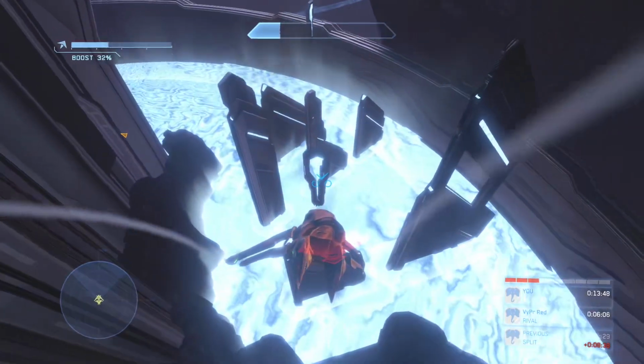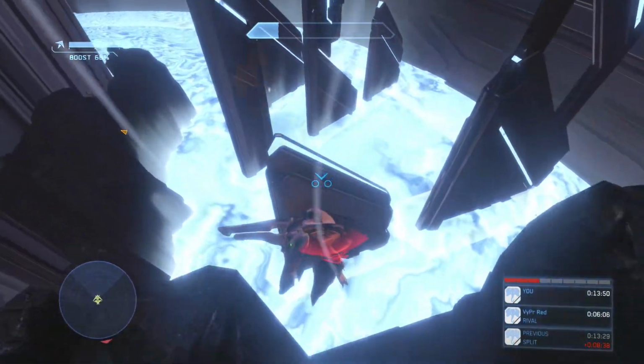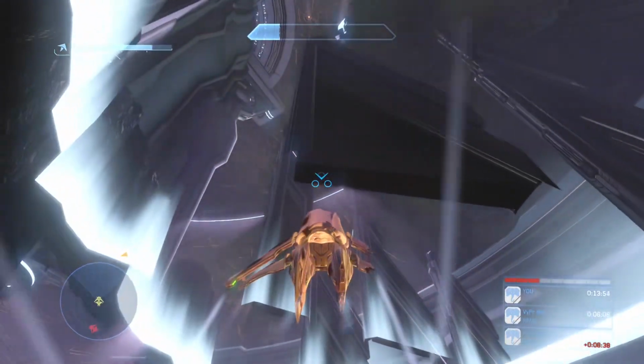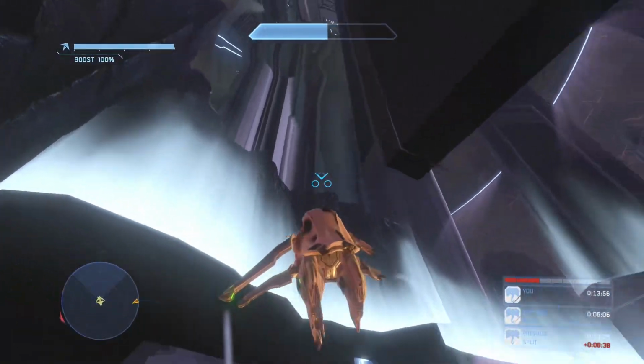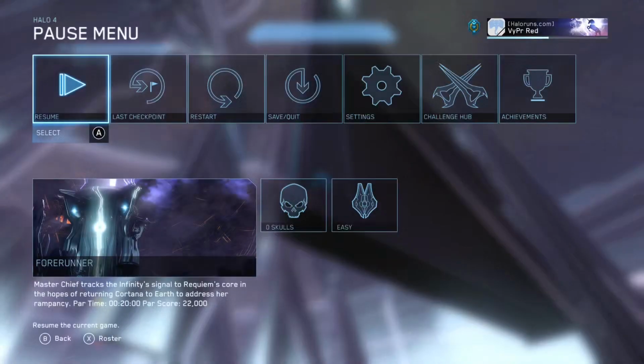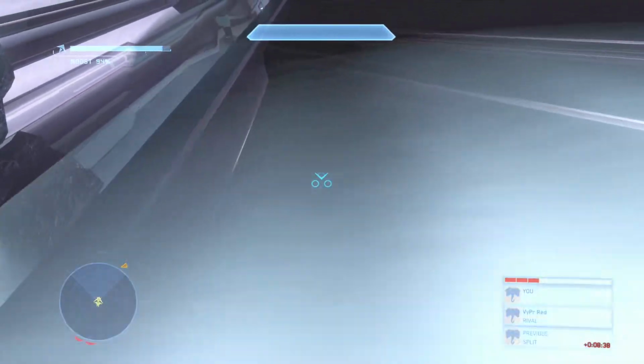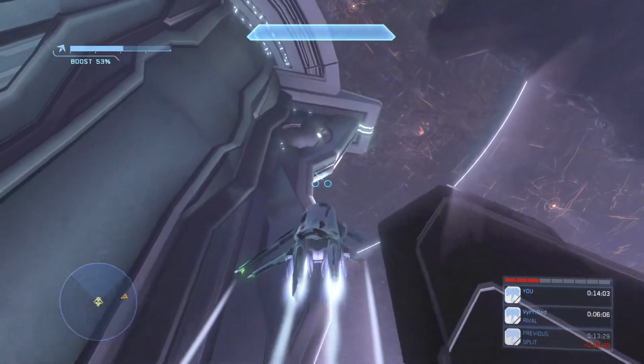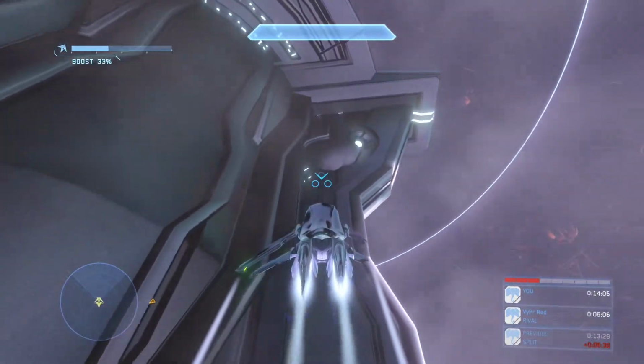Curve around, and now we want to kind of boost down until we're about to go under this blue floor, because as soon as we go under the blue floor, we're good to go up. So if you go further down, you're actually going to lose some extra time. Now we're going to go up here and aim for this second line up here,